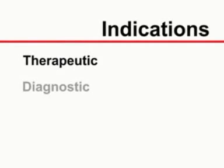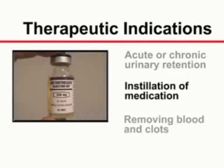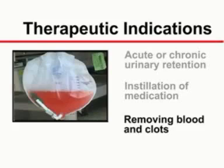Female urethral catheterization is indicated for both therapeutic and diagnostic purposes. Urinary catheterization is therapeutic in several circumstances. It permits effective bladder drainage in patients with acute or chronic urinary retention. A urinary catheter may be used to instill medication for local intravesical therapy. Urethral catheterization and irrigation may be used to remove blood and clots from the urinary bladder in patients with gross